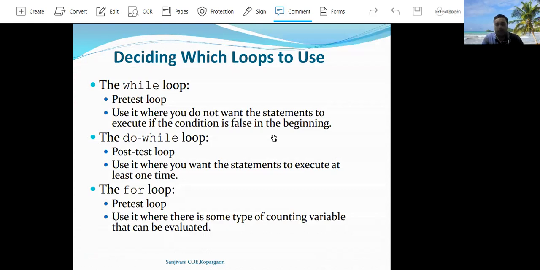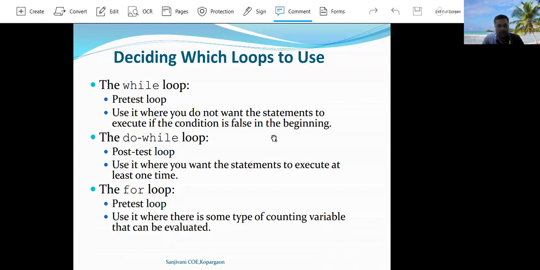Here at the time of using the loop statement while implementing a program in Java programming language, we have to decide which loop we have to use. The while loop is also one of the loop statements which is used for executing a statement a number of times.